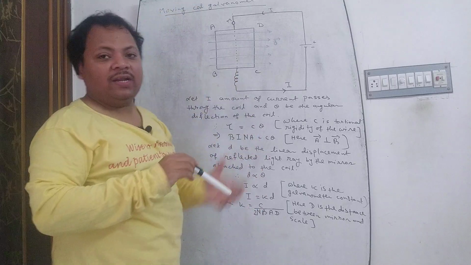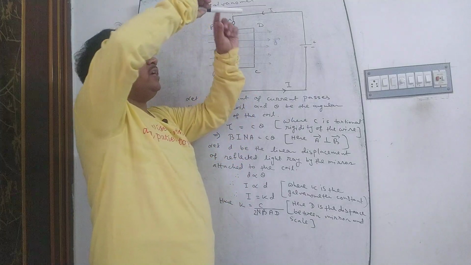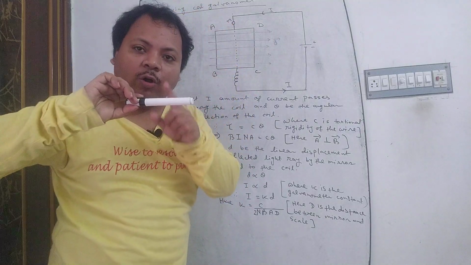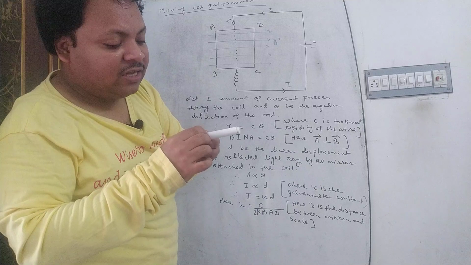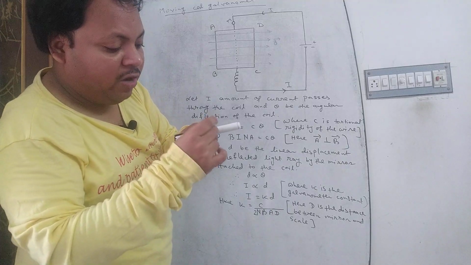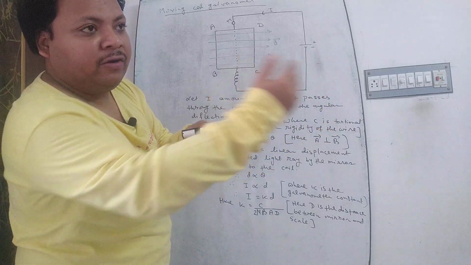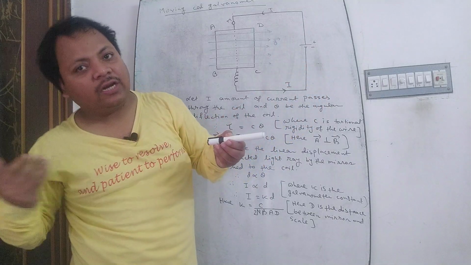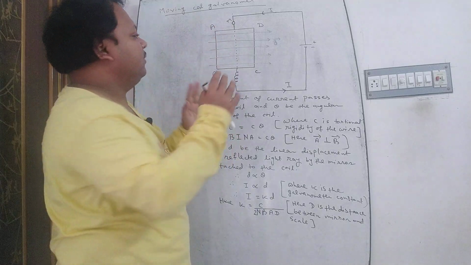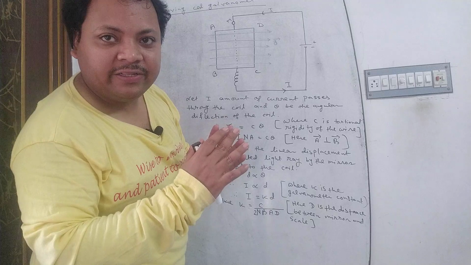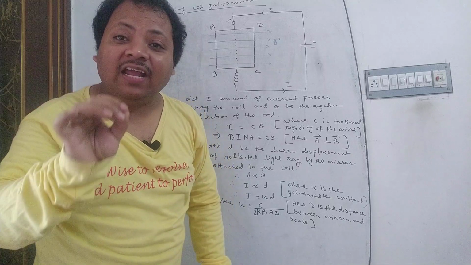When the coil is at rest, the reflected light ray falls on the midpoint of the scale. This scale is marked 0 at the midpoint, with 1, 2, 3 centimeter and millimeter markings on the right side of the midpoint and also on the left side. When the coil is deflected by an angle theta, the reflected ray is also deflected by the angle 2